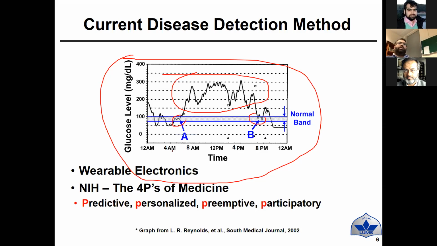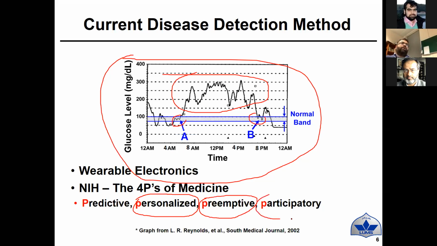It means when you are taking a medicine, it's not like I am taking a Brufen, and the Brufen for person A should be the same as for person B. No, there should be some variation at least. It should be customized to my needs, how much amount I need. And I'm giving a pill as an example; we should do something beyond that. Preempt: it should be able to preempt how things are moving on.